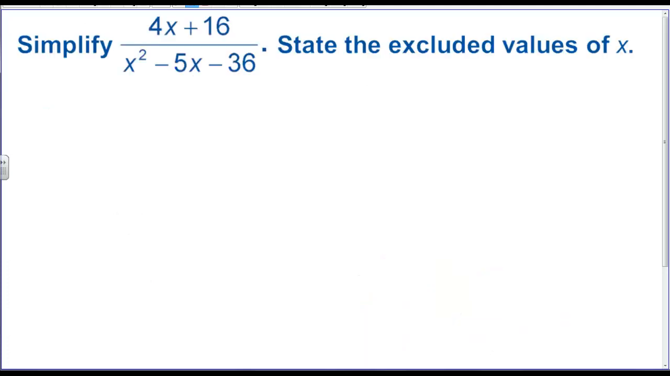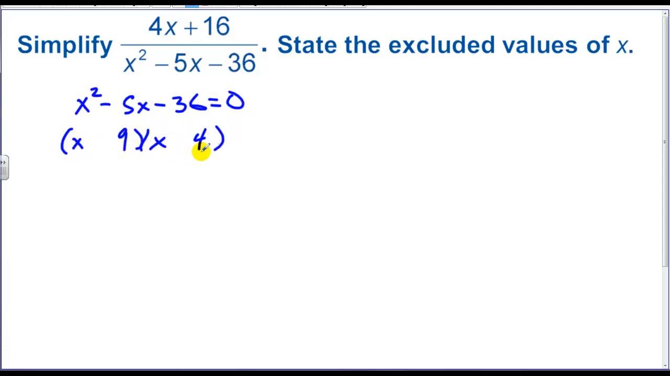So now we're asked to simplify this expression and state the excluded values. I kind of like to do it opposite, because whenever the denominator is 0, whether or not it's simplified, those are excluded values for the function. So I'm going to set x squared minus 5x minus 36 equal to 0, factor that, get x,